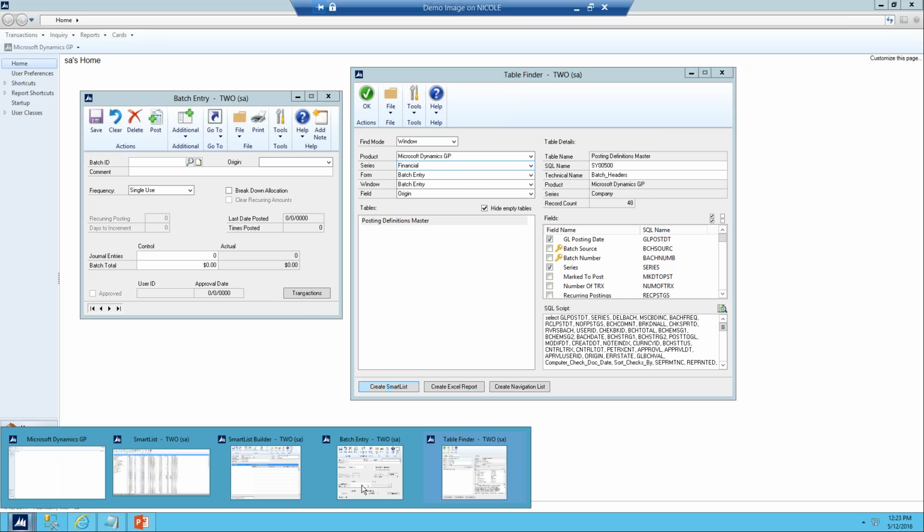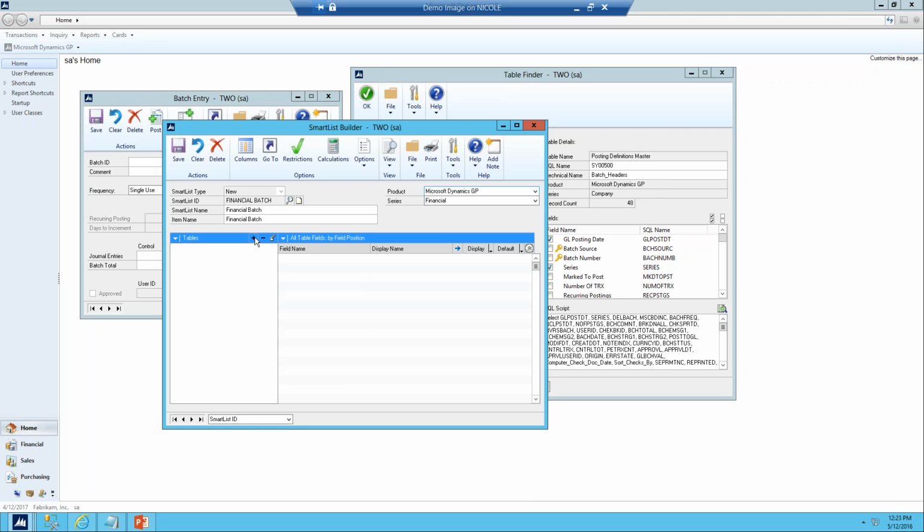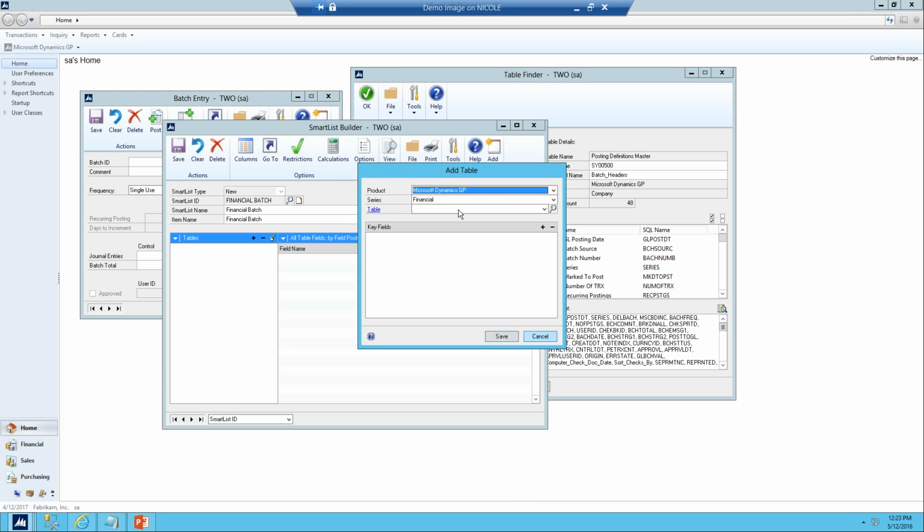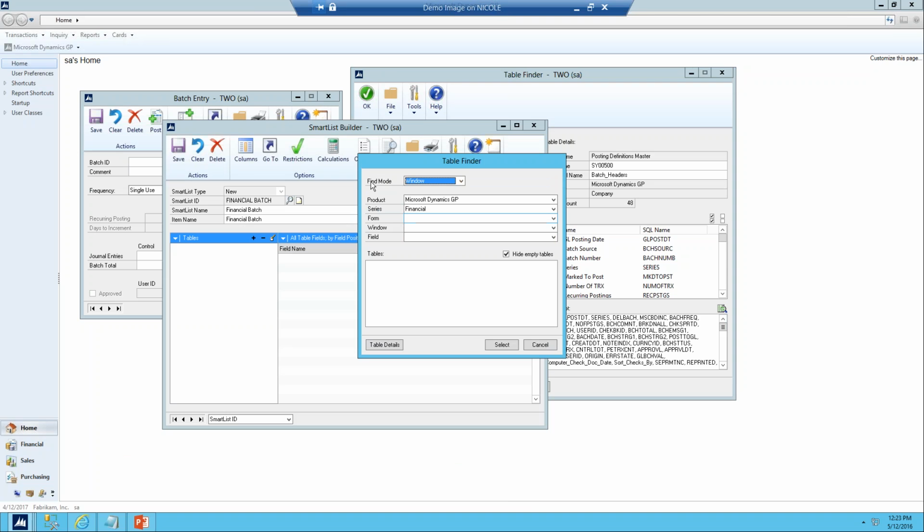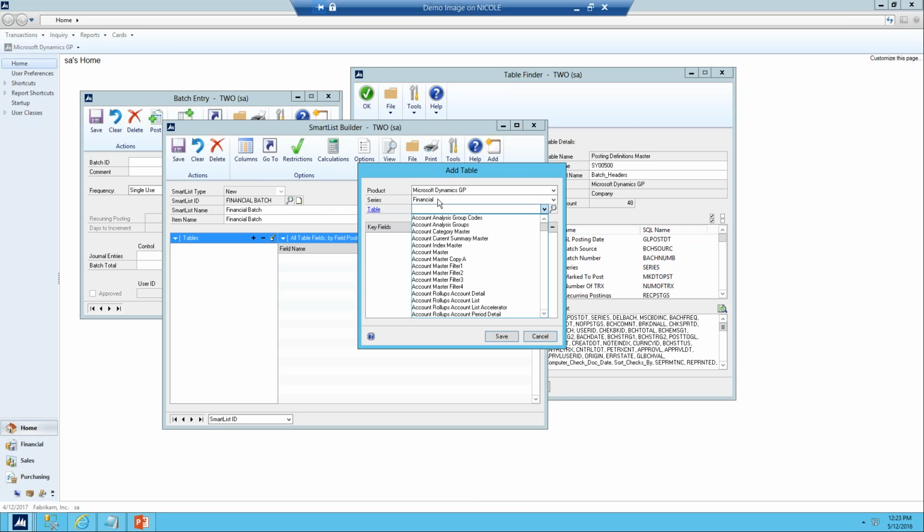We've already started ours, so we're going to come back to SmartList Builder and go back to Add. And the Table Finder is also here. It just doesn't pull in a window for you, so it's kind of nice to pull it from the window you know the data's on. That way you have that window to open, look at what the fields are called, plus it pulls that window in for you. Okay, but we know it's called the Posting Definitions Master, and the big deal here is this